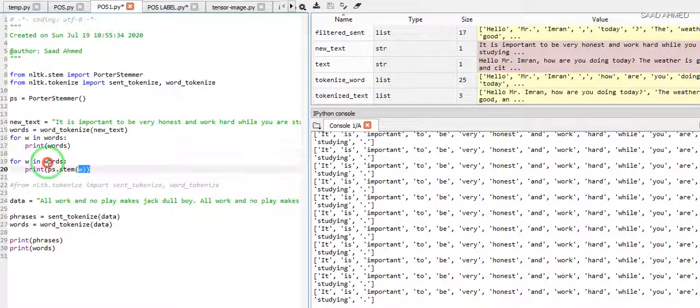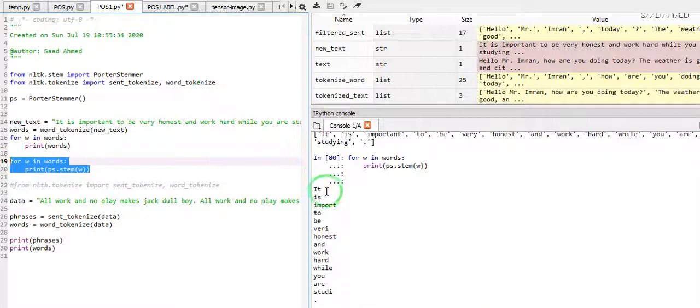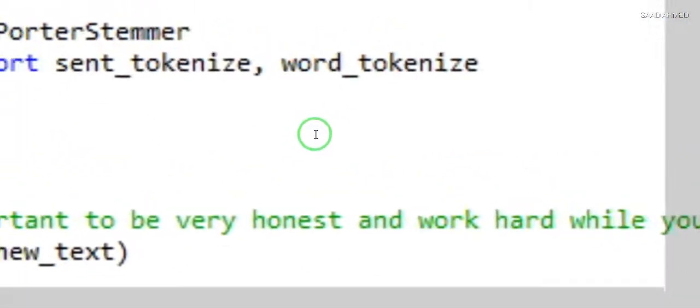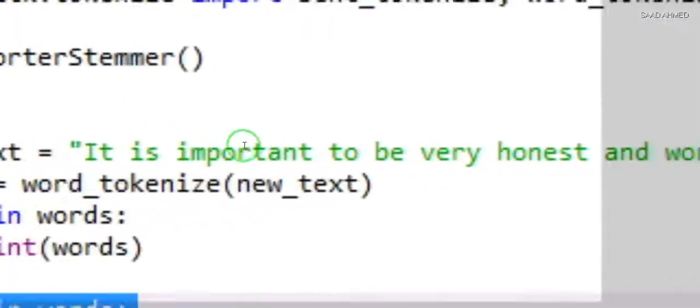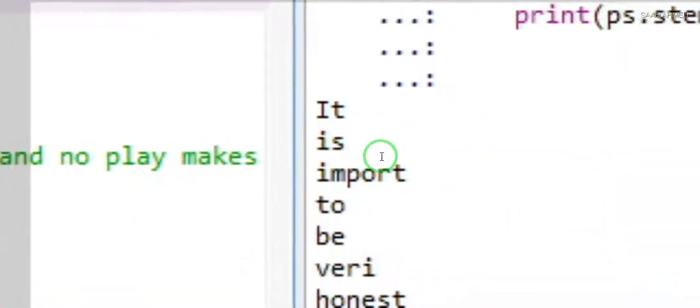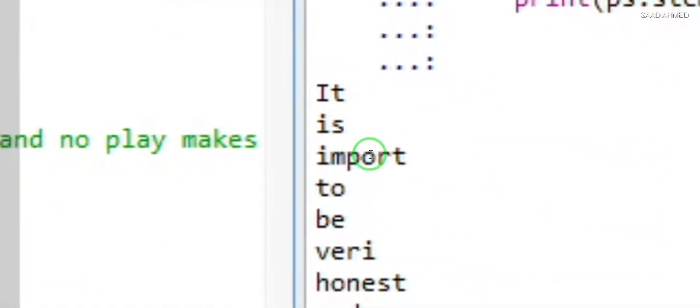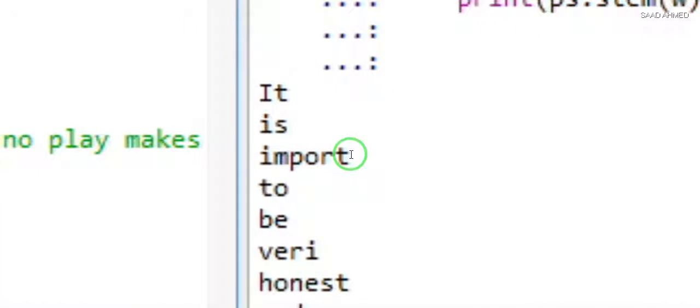Now I want to stem, and after stemming you can see the word important became import because it is basically chopping off the affixes. And according to the algorithm, which is called the Porter algorithm, you can go and check the details of the algorithm if you like,